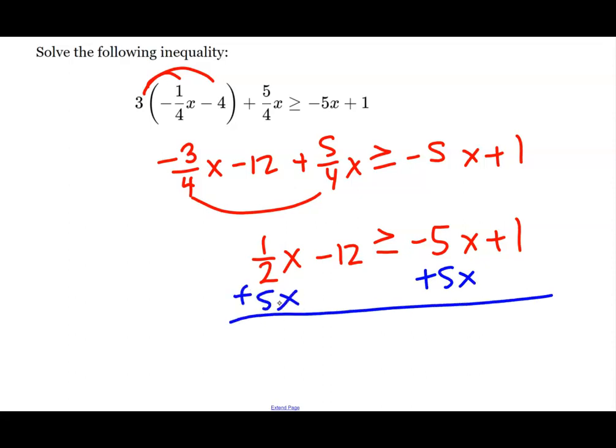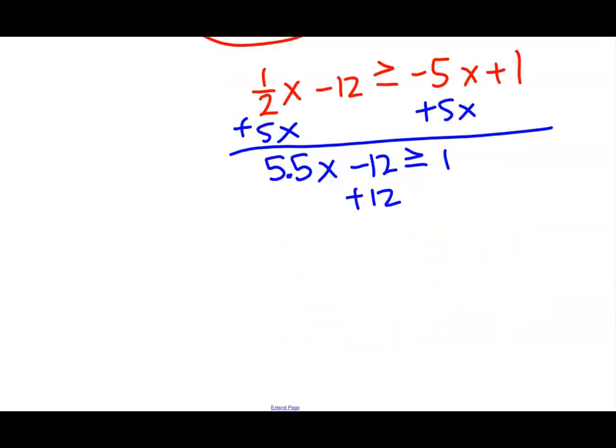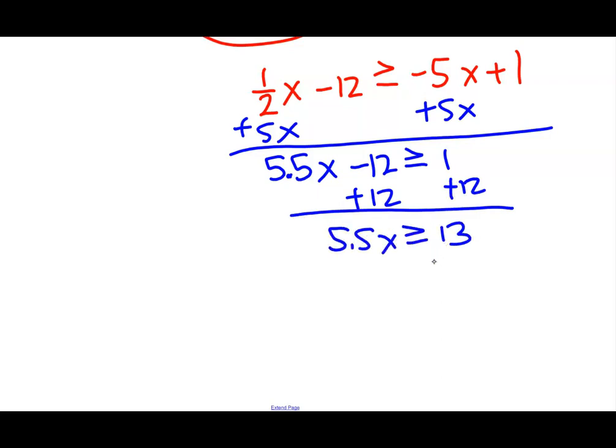I'm going to pick up my calculator, or you know what, I might even just change this into a decimal because it's a pretty good looking fractional value. So here I'm going to add 12 to both sides, and then I'm going to divide by 5.5, and then I'm going to use my calculator to do that math. So 13 divided by 5.5 on my calculator